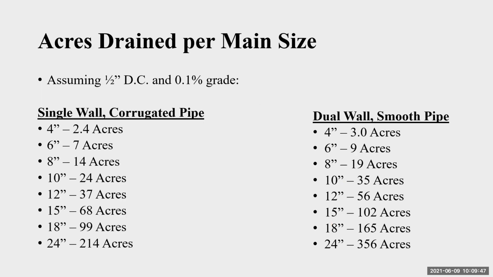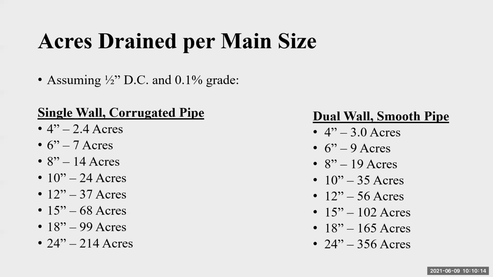So if we put all of that together, what does that mean? If I assume a 1/2 inch drainage coefficient, which again is very common, and if I assume a 1/10 grade slope for the pipe, which is probably the low end of what I would want to design a pipe for subsurface drainage, since anything flatter than that, you may deal with some sedimentation issue in the pipe, so that's really the flattest grade I would go. If you take those two assumptions, you basically have two options here.